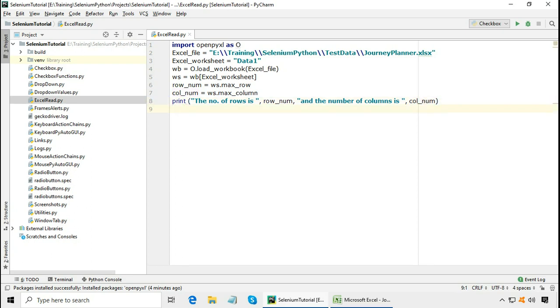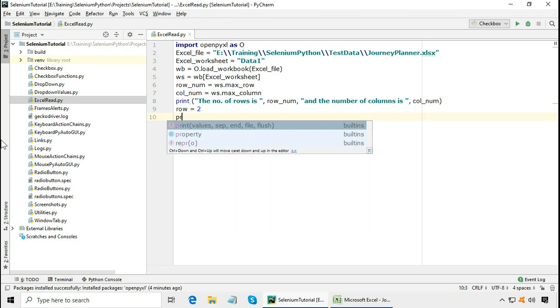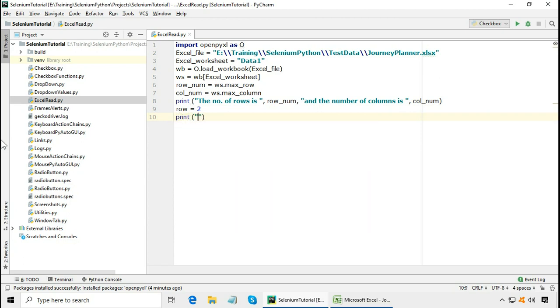Now, as you saw in the Excel test data sheet, the first row is the header. So let us start from row number 2. I define a variable row is equal to 2 because I want to read data from the second row, and we can print out the individual values there. For example, the first column is distance.